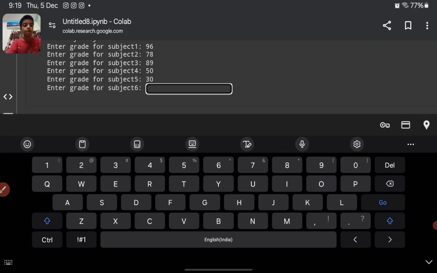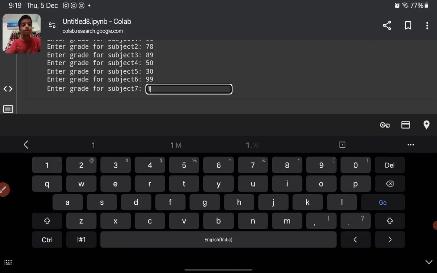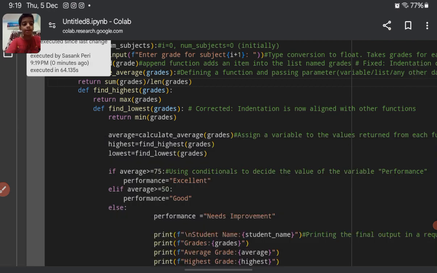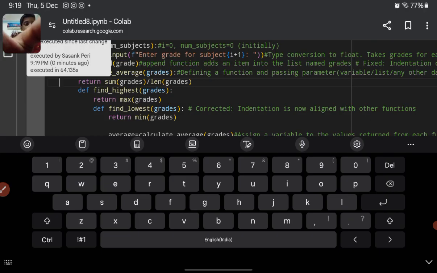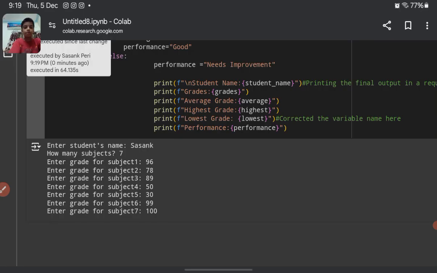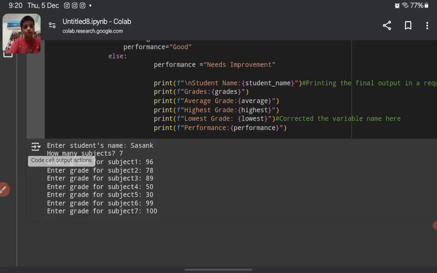After that I got again 99. After that 100. For example I am giving these, but you can write your marks which you got in your exams. So enter grade subject 1, 96, next 95. So you can see